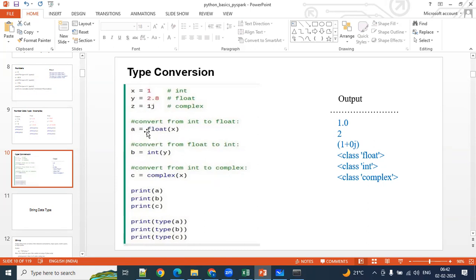Okay, so if you want to convert the number into a float value, you have to take float of that particular variable value. Okay, so b equal to, I can convert even a float value into integer format. So I can convert even a normal number into complex format. So that is type conversion. That means integer can be converted into float, float can be converted into integer. Normal numbers can be converted into complex numbers. Complex cannot be converted back to normal numbers, guys. But normal numbers you can convert into complex. That is what I was trying to mention here.